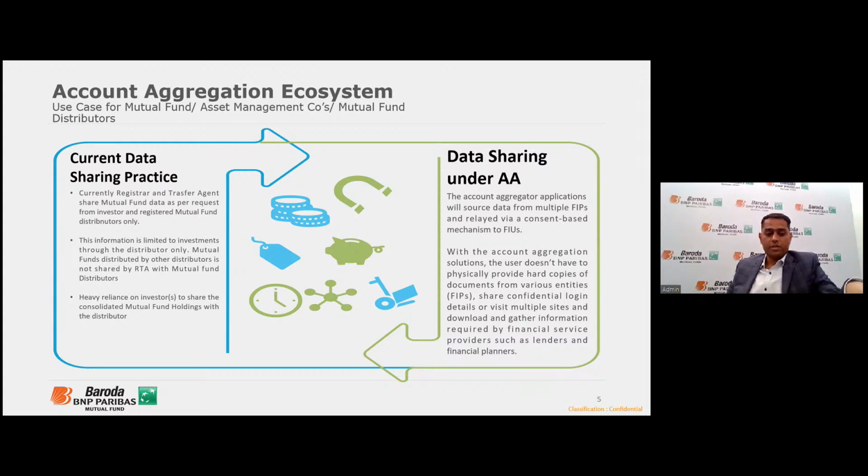So this is how I wanted to cover the entire ecosystem on account aggregation, and how it becomes very relevant from the investor or consumer perspective, and at the same time from the financial institution perspective, how they can be data rich while suggesting to or servicing their investors or customers. So this is what I've brought